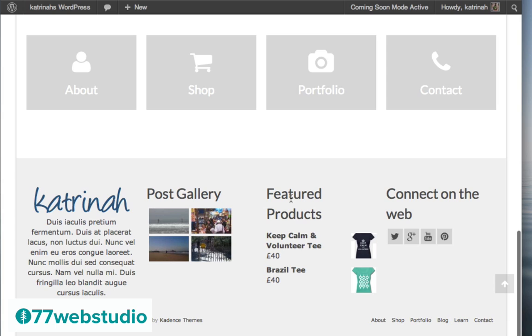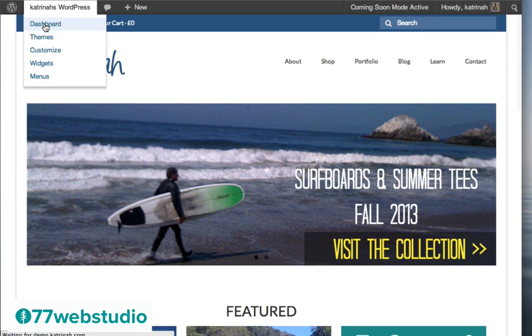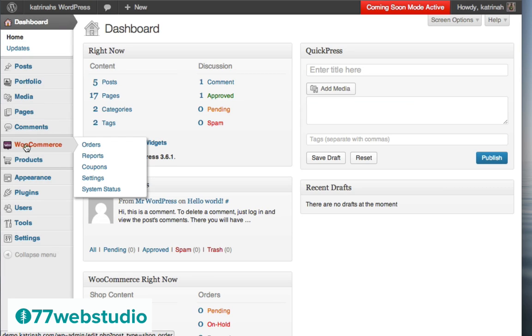the two featured products. So the next thing we want to do, we see that the currency is still in pounds. So let's change that right now to a different currency. To change the currency, we want to go up to the top, click on dashboard. Next, we want to hover over WooCommerce and go to WooCommerce settings. So I'm going to click on settings right here.